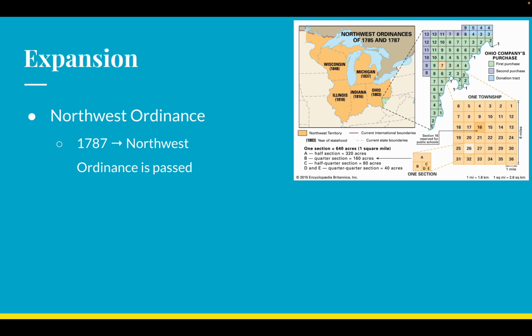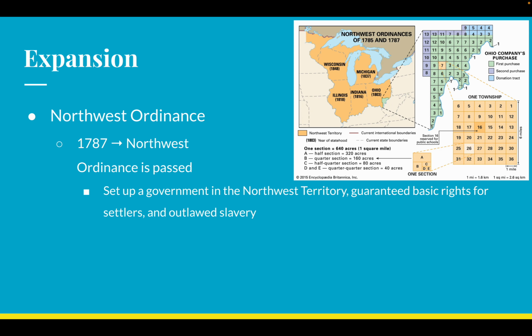Now, after the land ordinance, we're going to pass the Northwest Ordinance. Now, the Northwest Ordinance is about setting up a government. So the land ordinance is part one. Land ordinance is just, hey, let's get people out there, let's sell them land, let's get them settled. The Northwest Ordinance is part two. Okay, now that you're settled, let's set up your government. Let's set up your town, your city, your county, and eventually your states. So 1787, 2 years after the land starts to get sold, we start setting up a system to create a government.